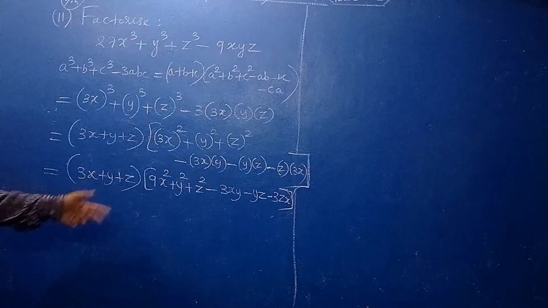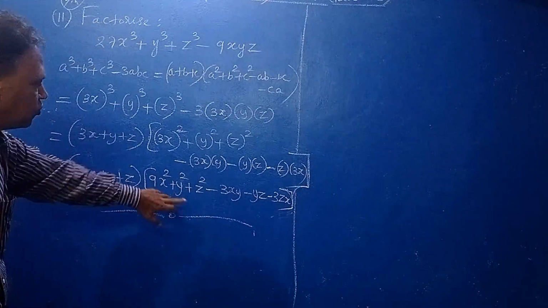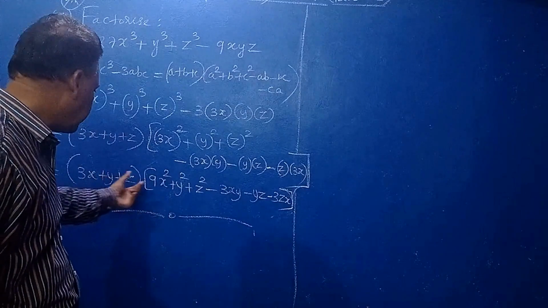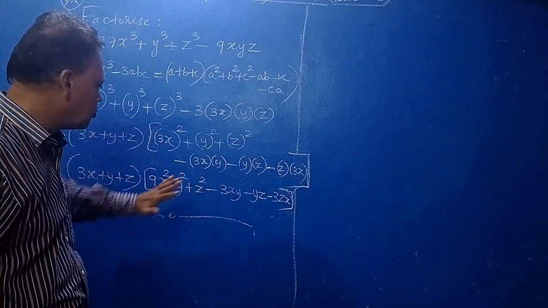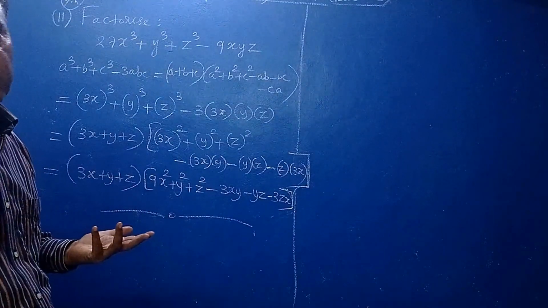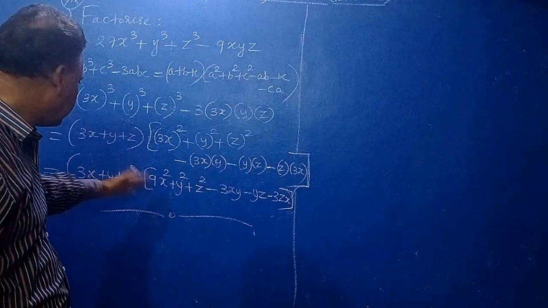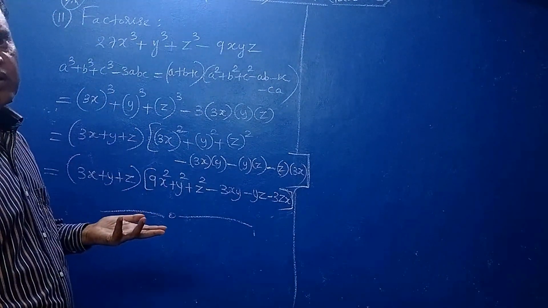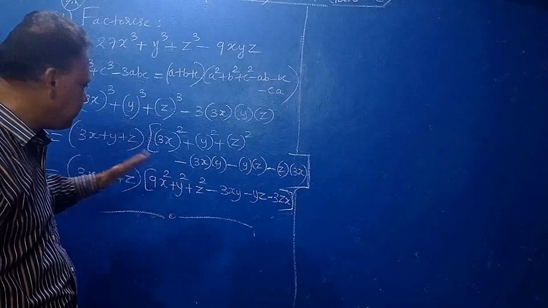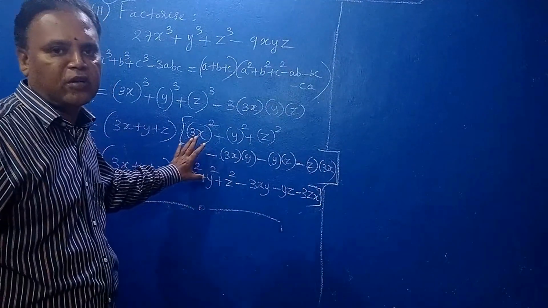This is only the question, and this is only the answer. Factorize means resolve into two factors. Further, you should not multiply. Factorize means resolved into two factors; if you multiply again, you will get the same thing only. Some students blindly multiply here again, which has no meaning at all. You will not get factors. The problem is factorize, and we have done factorize. That's all, up to here you have to do. Very important problem, this.